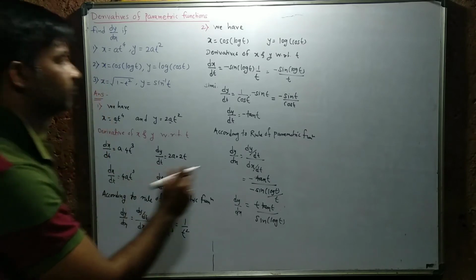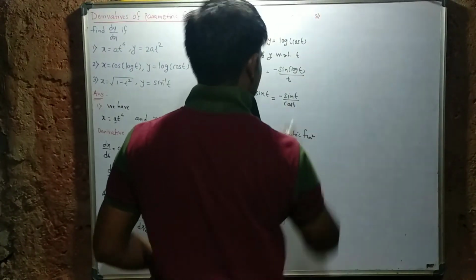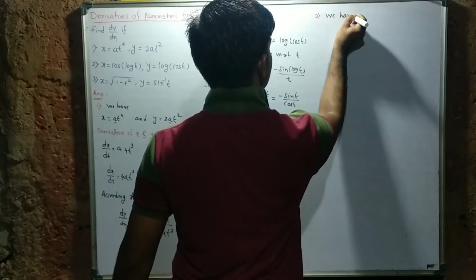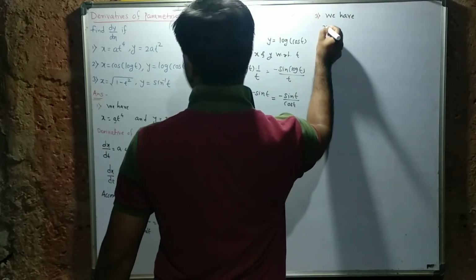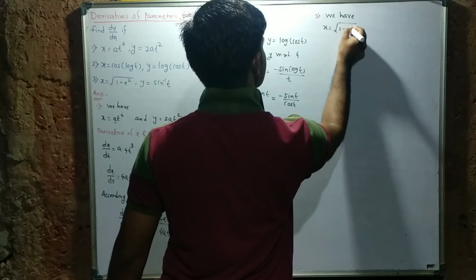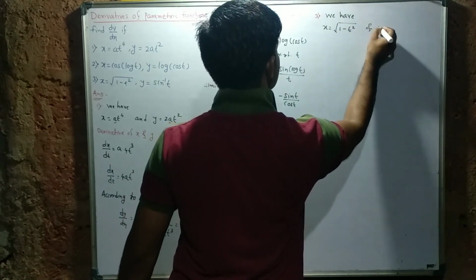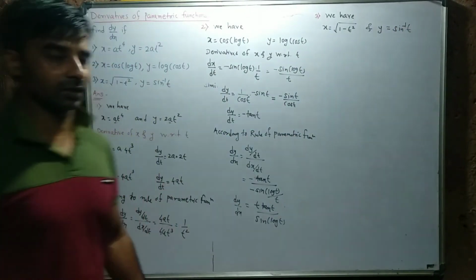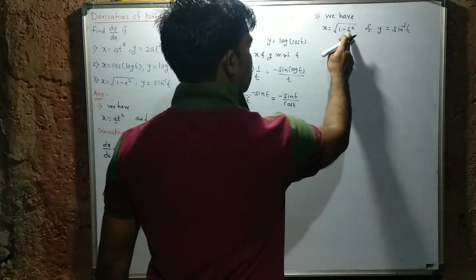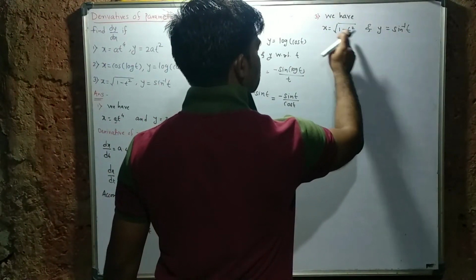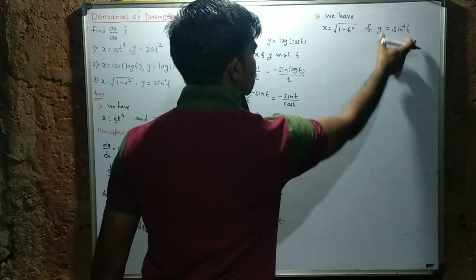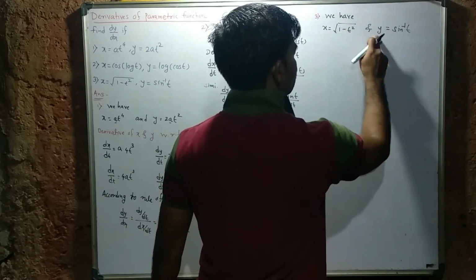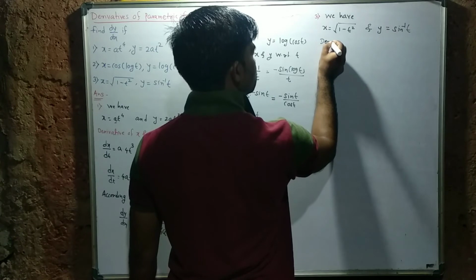Similarly you can find out the derivative for the third one, and the third example consists once again of x equal to root of 1 minus t square, and y equal to sine inverse t. Now once again t is the parameter, because x is a function of t and y is a function of t. That means it is an intermediate variable. Therefore derivatives